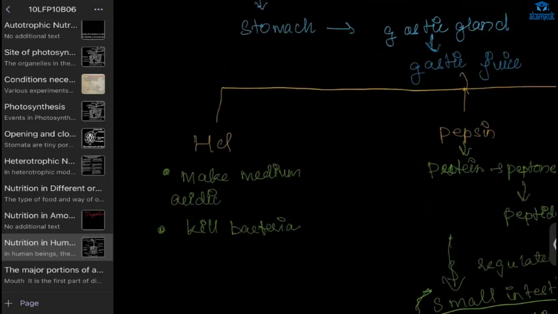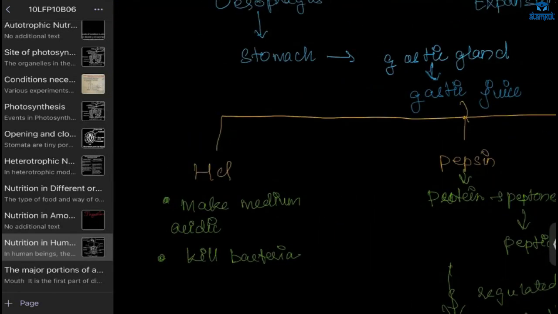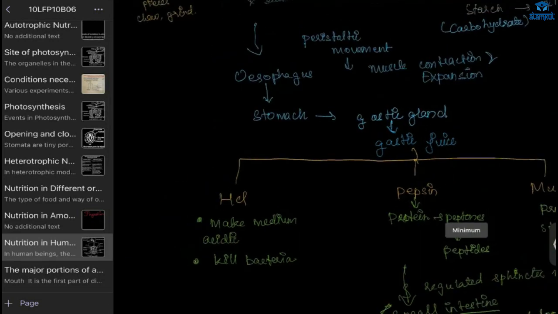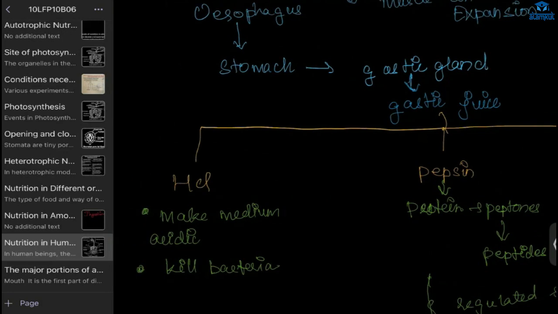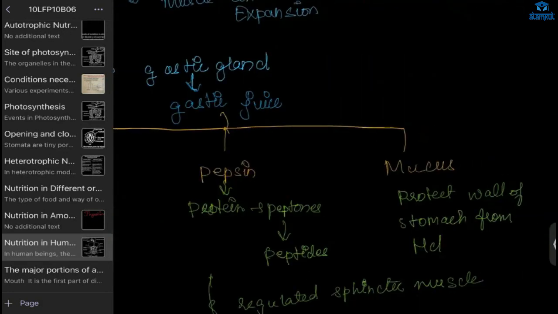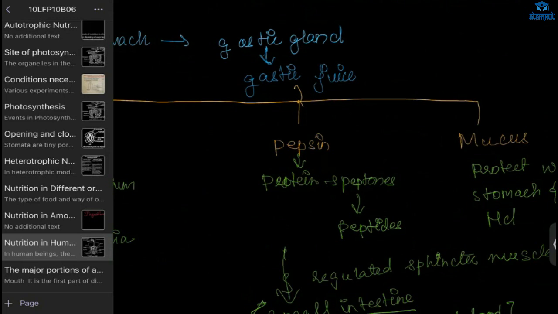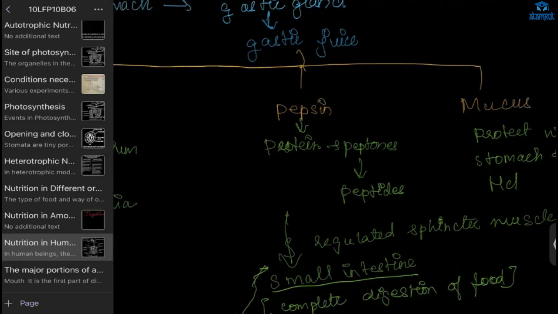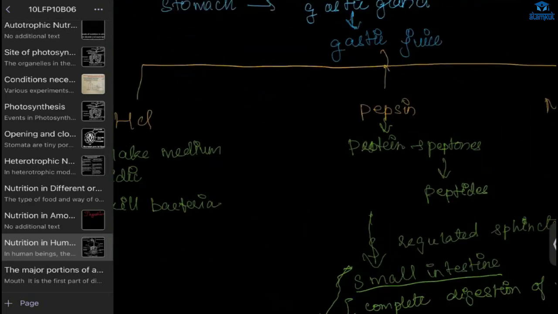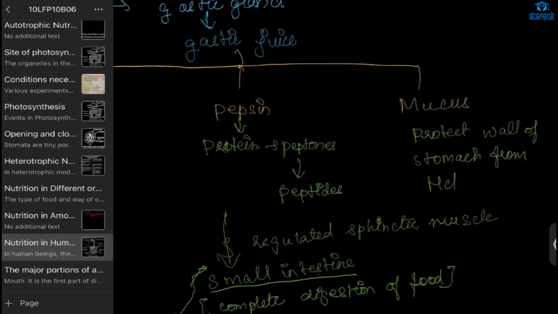Now, after the esophagus, it will reach what? Stomach. The stomach will have gastric glands. It will give out HCl, pepsin, and mucus. When you see this pepsin, what does it work on? It will work on the protein. Protein, the food we eat, right? There must be some protein. So the protein will be getting converted into a simpler form.